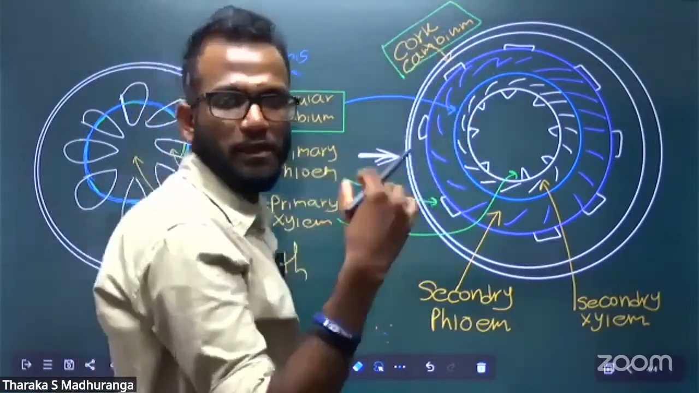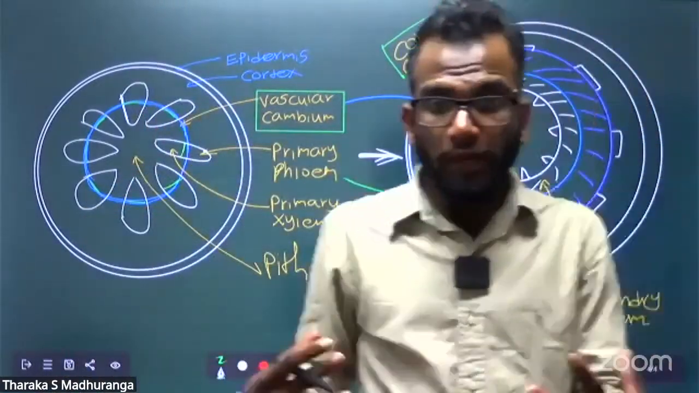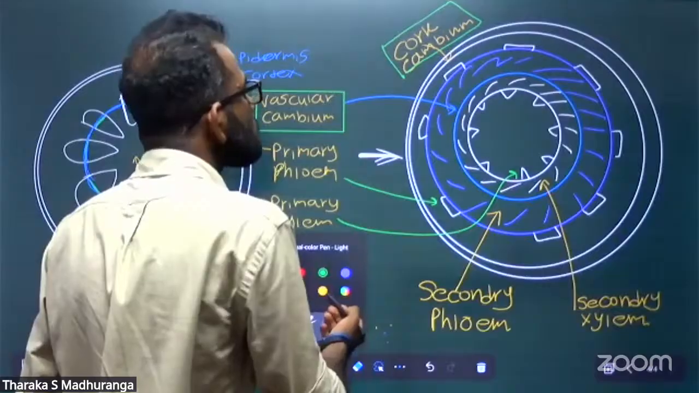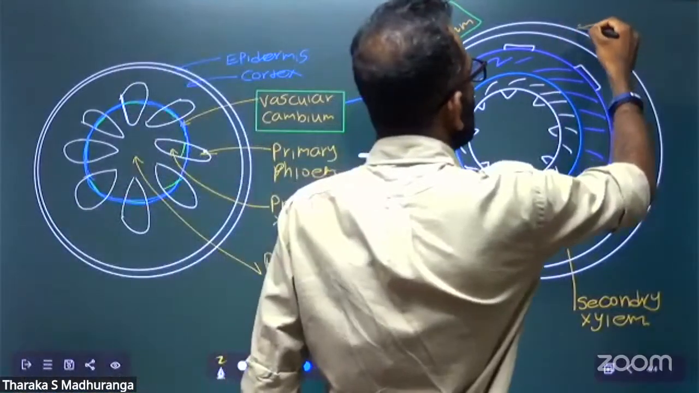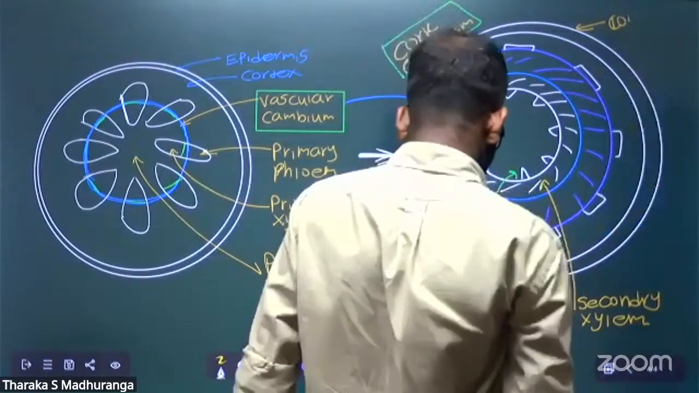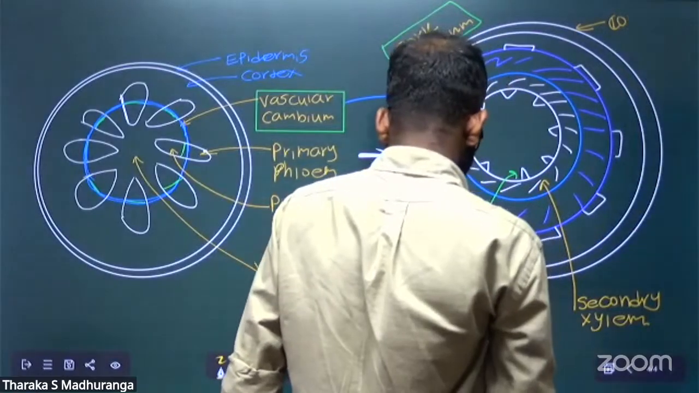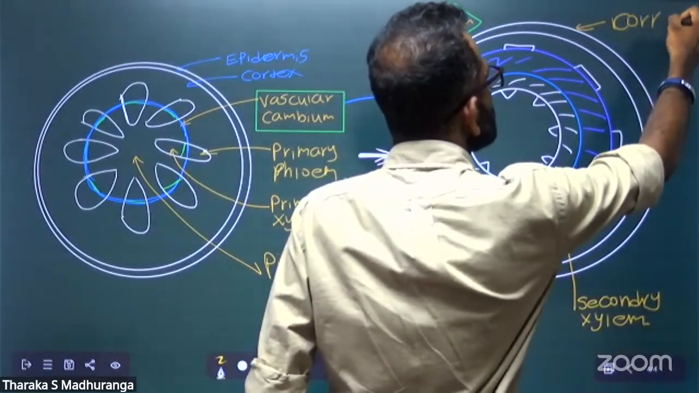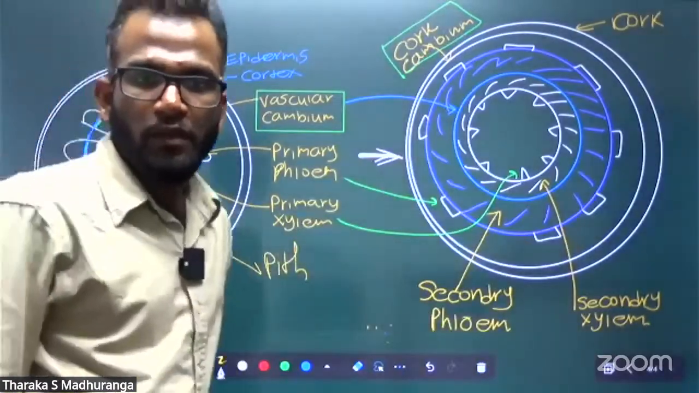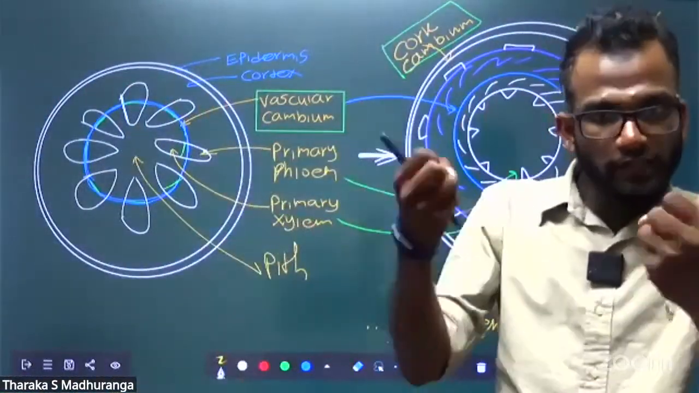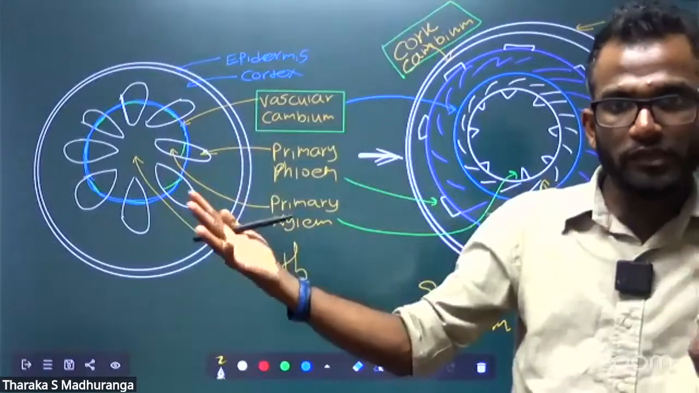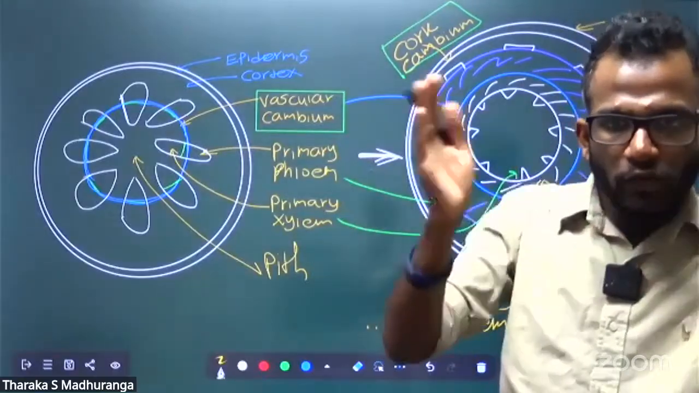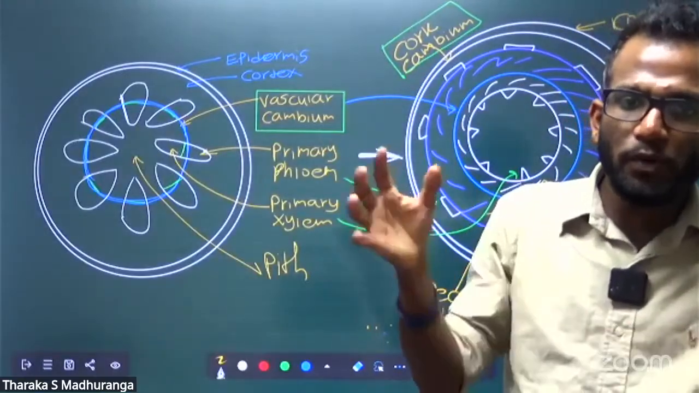Here the cork cambium forms now. The cork cambium produces cork tissue. Cork, C-O-R-K. The cambium is always dividing and producing new cells and tissues. So the cork cambium produces new cells and produces cork outside. Then it is very important for the protection of